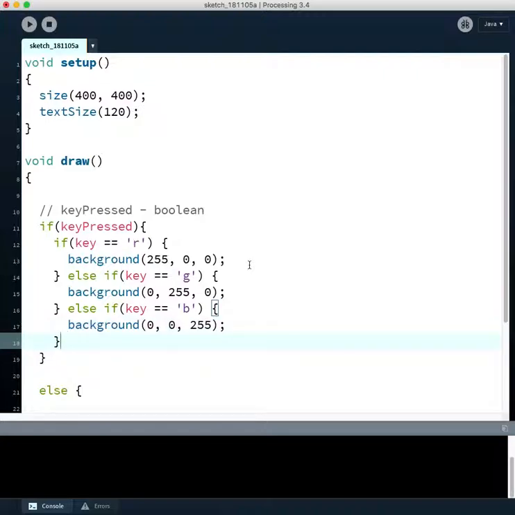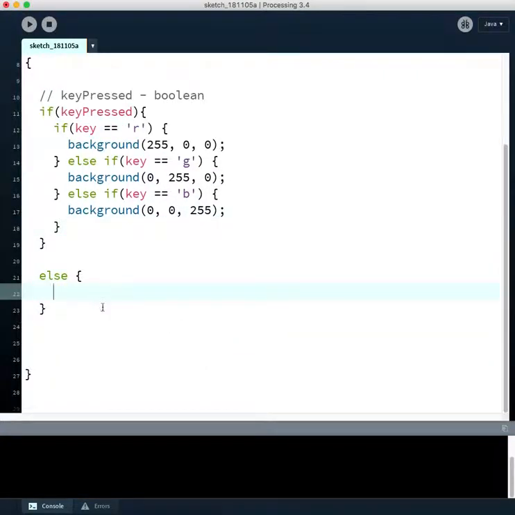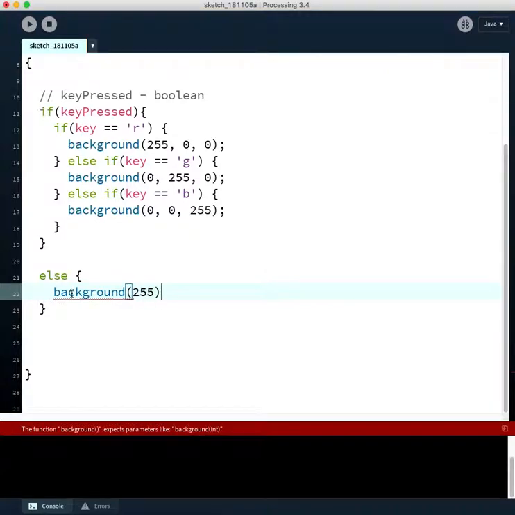And then we still have this other else down here. So if any key is pressed, it'll look to see which key is pressed and set the background to that color. Or else, let's have it set it to white. Background 255. And if we run this program,